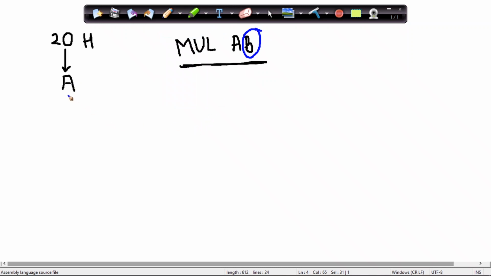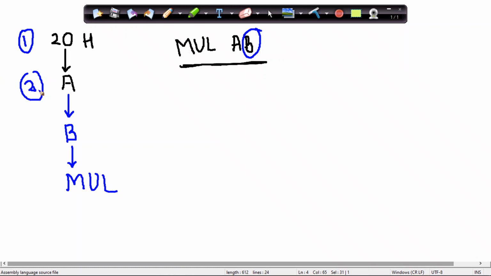So I'll take a copy of A into register B. Step 1 is to take the data to my accumulator. Step 2 is to take a copy of it in register B. Now we have to perform the MUL operation.